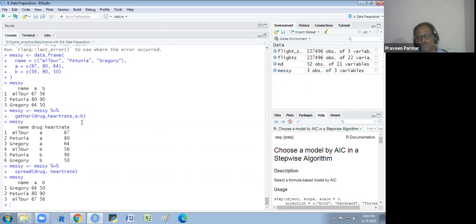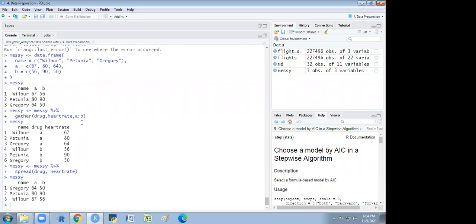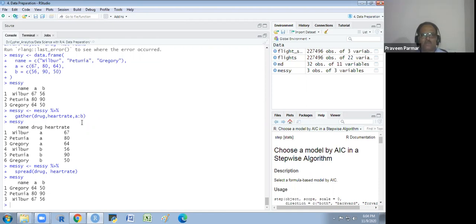So what I want to say is that the opposite of gather is the spread function. They are both opposite to each other. We could gather it, we could spread it. So the syntax of spread is that you first write the function, which is the category you want to spread. We want to spread this A and B. Got it? We have spread it, AB, correct? Yes, sir.